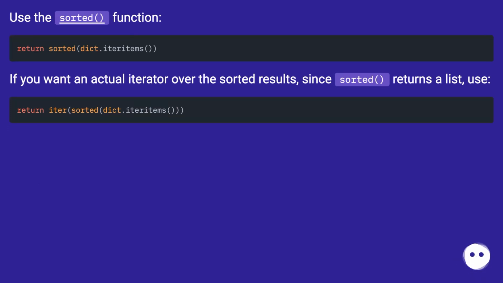Use the sorted function if you want an actual iterator over the sorted results. Since sorted returns a list, use